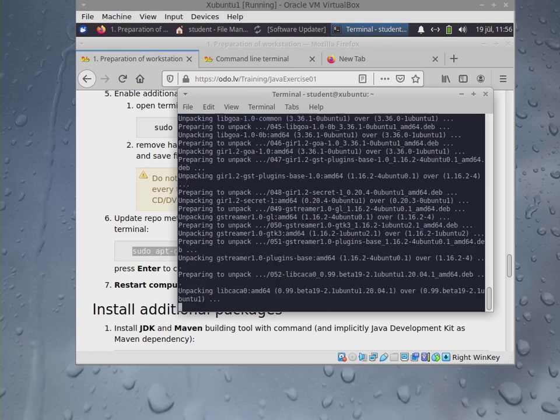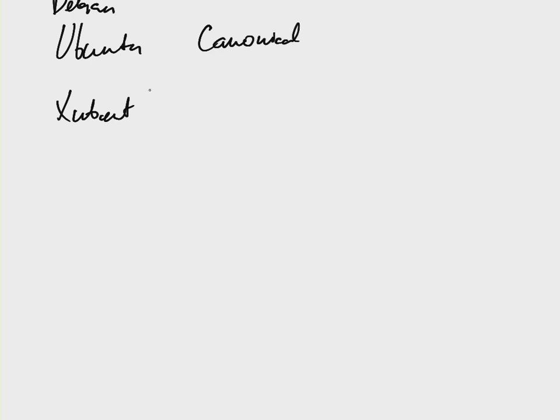Okay, while I'm waiting, about this, particularly about Ubuntu and about versions. So we are using an operating system which is based on Ubuntu, which is based on Debian. And particularly Ubuntu is developed by a company called Canonical. And the version numbering for this Ubuntu operating system and its derivatives is that the first number is